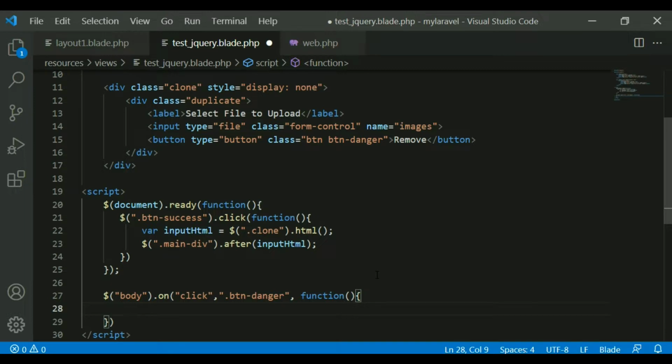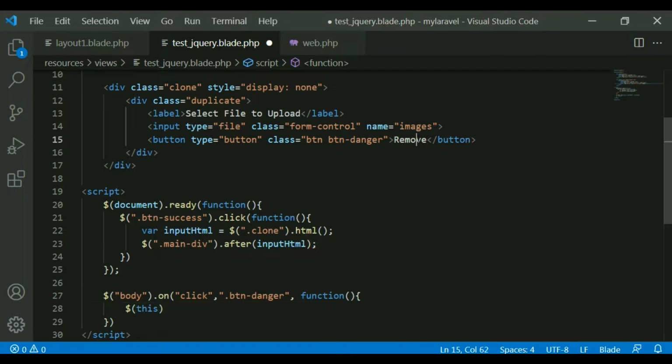So what to remove? This particular button is inside this duplicate class, duplicate div. So I have to target that. I have to write like this, dollar this, which means the current button.